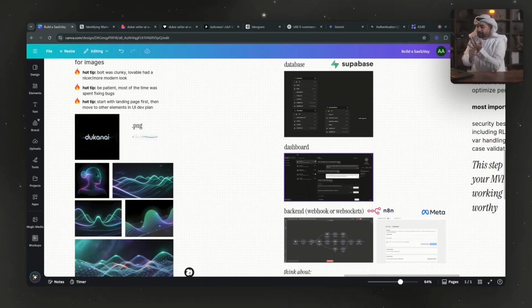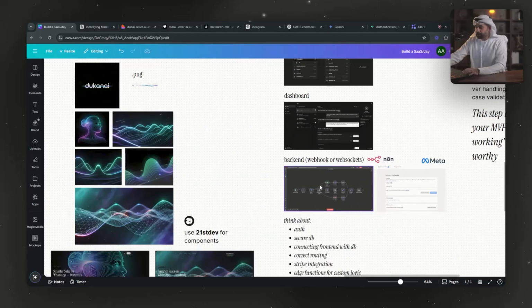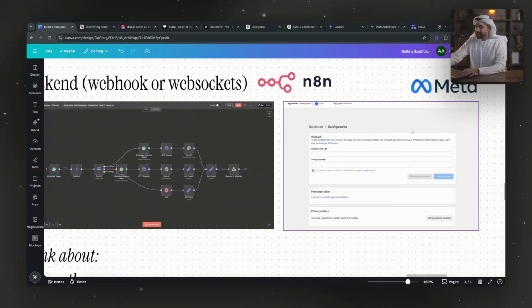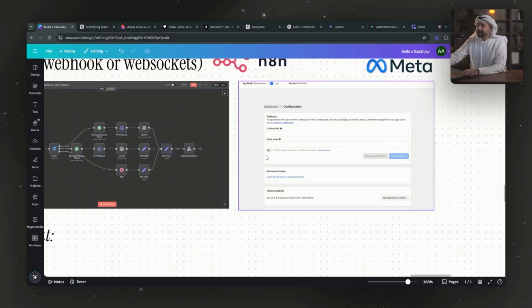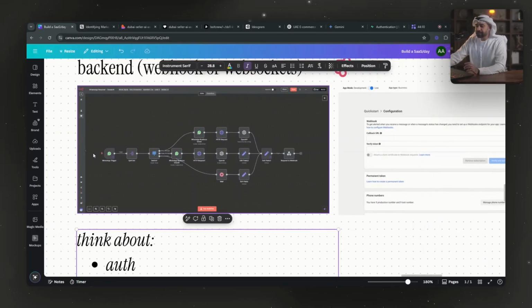Once I show you the dashboard, the backend, you can do it either real time if you want WebSockets and so on, or you can have it as a message by message approach because this is a WhatsApp use case. So you can have it by message approach through a webhook. And that webhook can be applied in Meta. If you go over here, you can put that webhook and you can just verify and save. And then that webhook, once it's activated, let's say you receive a message, this is active on n8n, which is the backend.